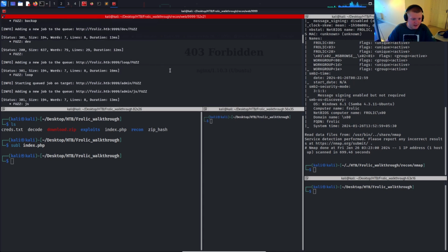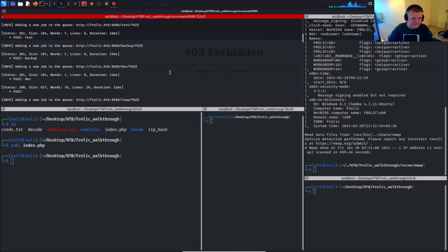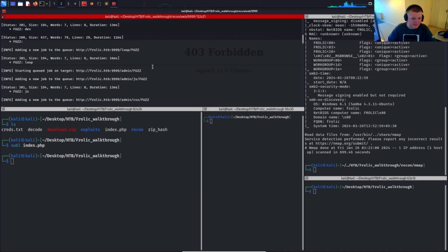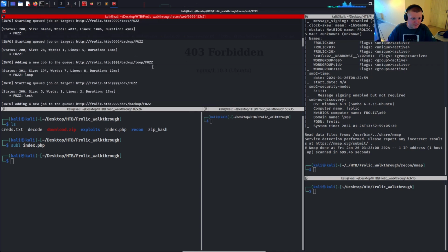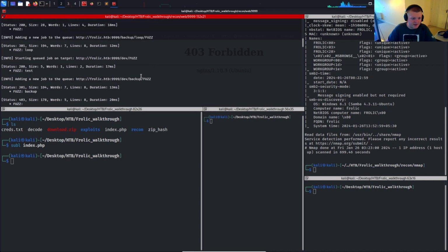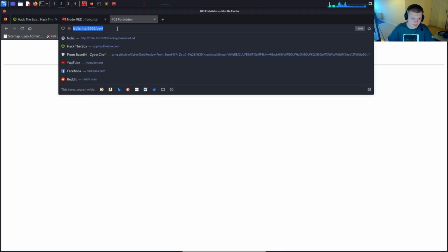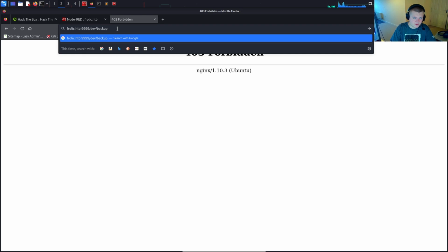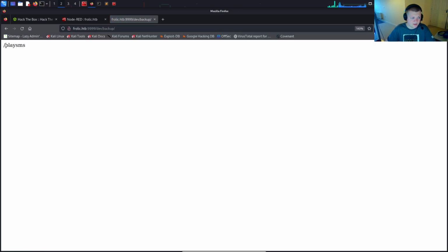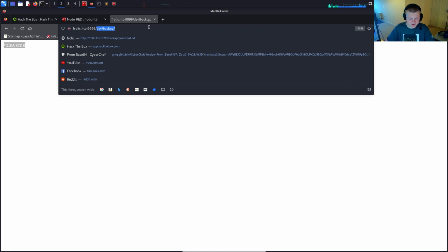What else is there? It looks like there's a dev backup as well, so let's just have a look on here. Dev backup. There's a further directory from this, and we see this play SMS endpoint, which we haven't seen before. So play SMS, let's check this out. We'll go to play SMS,